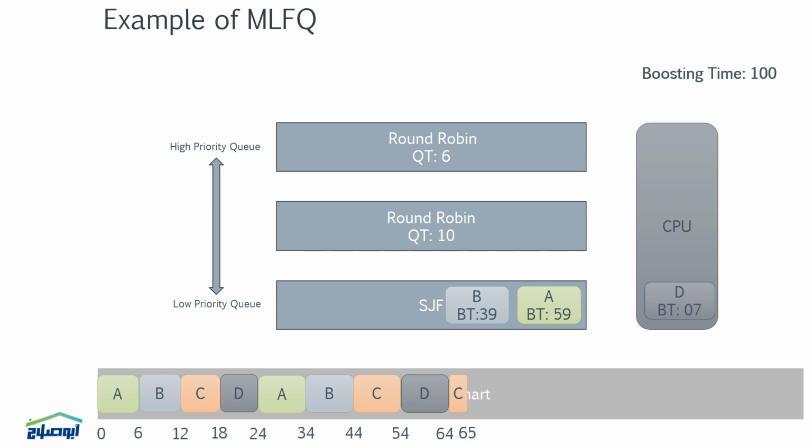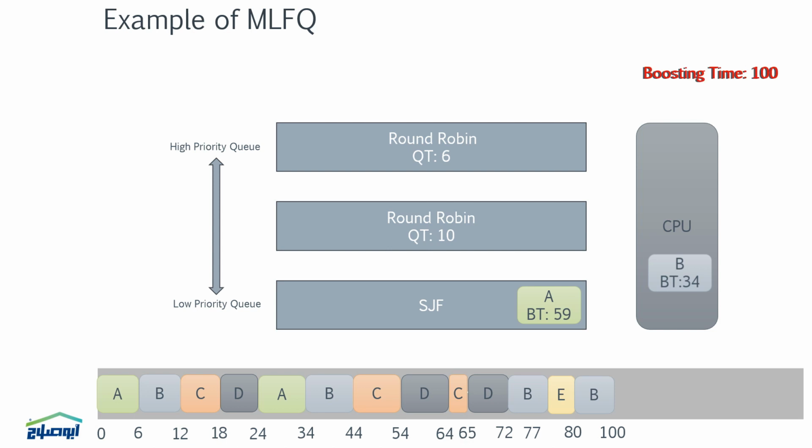Then, Process B enters the CPU and starts processing until it gets preempted at the 77th unit of time, when Process E arrives at the ready state of the first queue. Process E is processed in 3 units of time and completes. Then, Process B enters the CPU again and gets preempted when the boosting time is reached at the 100th unit